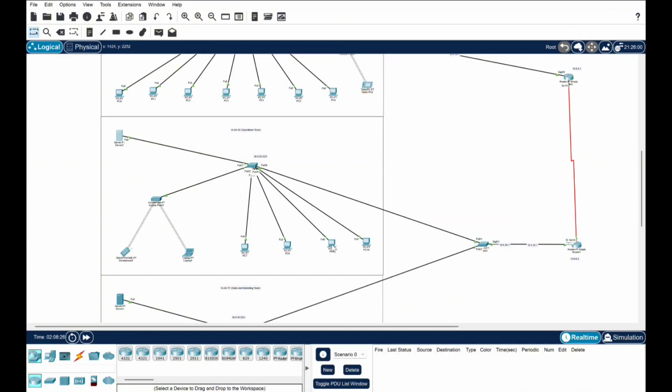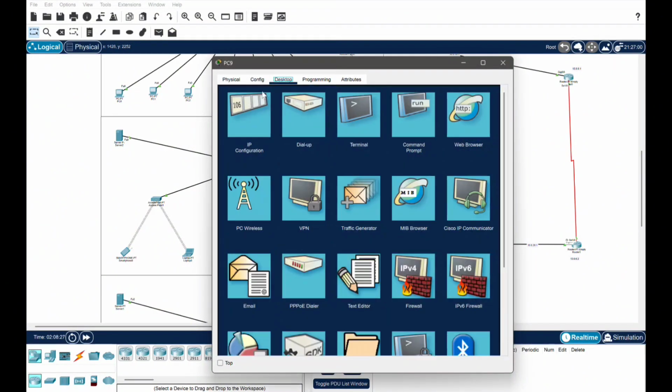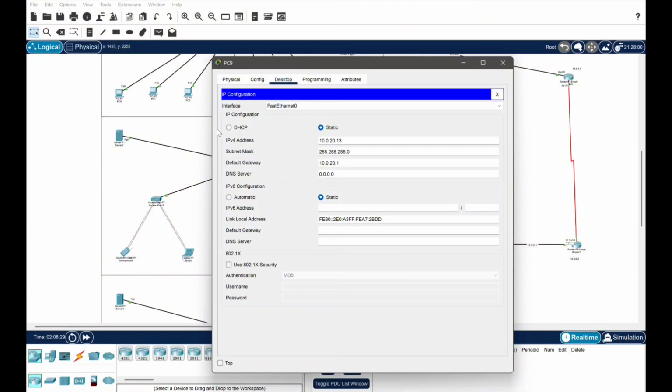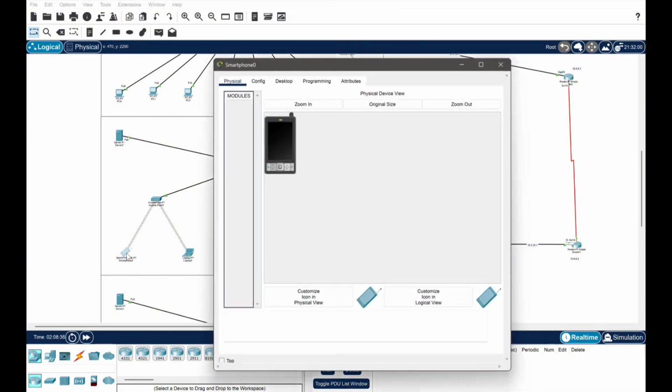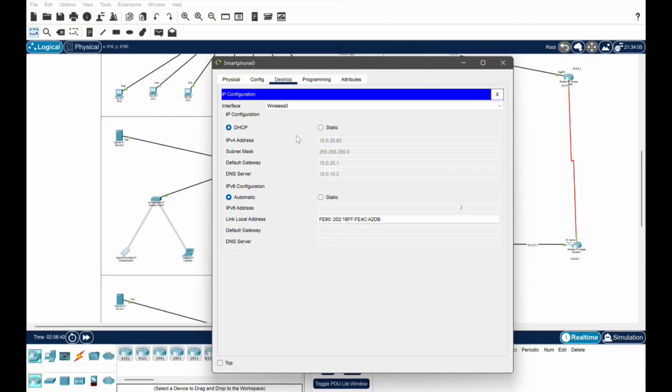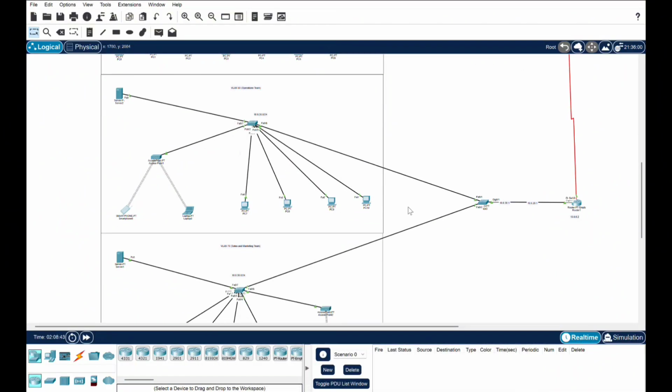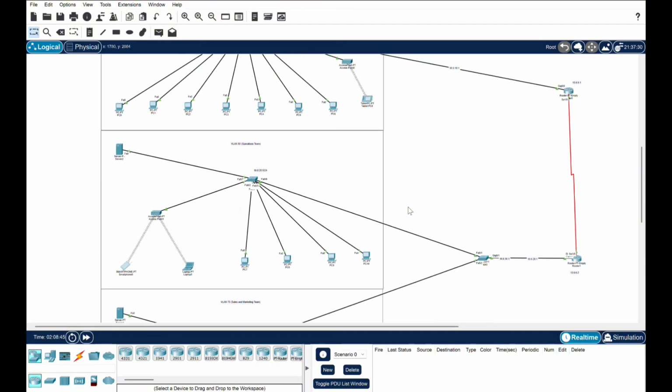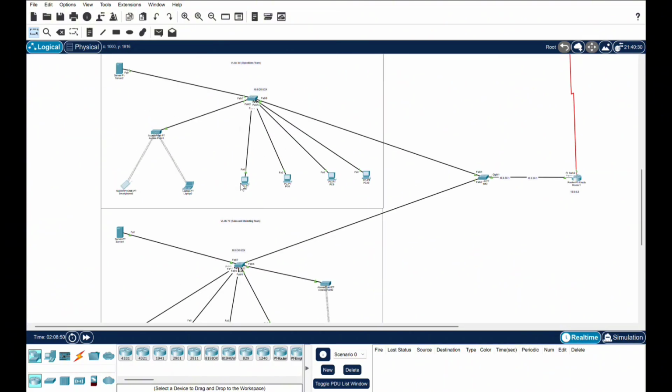Let's open the third PC, desktop configuration, and DHCP. Let's wait. As you can see, it works. It definitely works. Let's check a wireless device as well. Here it is. Yes, it's already assigned. Look, 10.0.20.63. Before I go to another department, I've also created a VLAN 60 in this department, which makes the communication